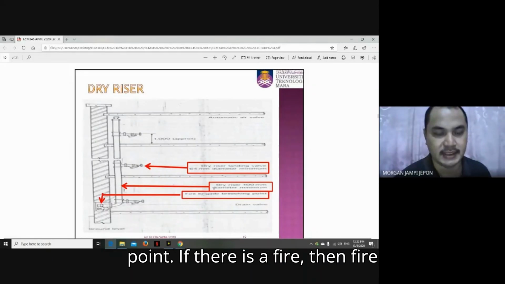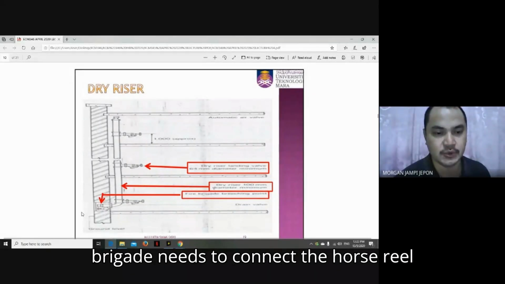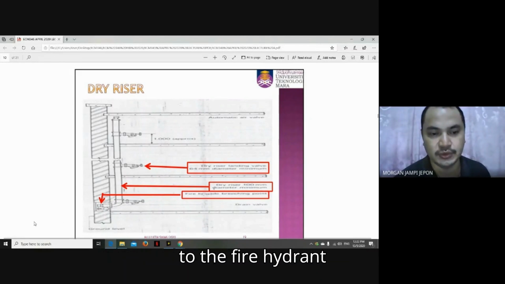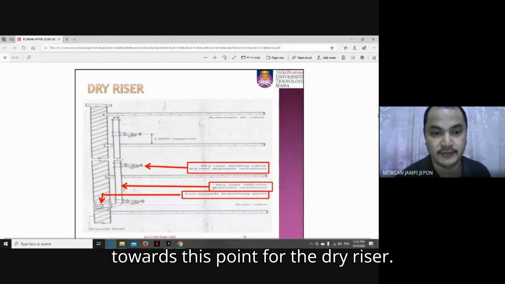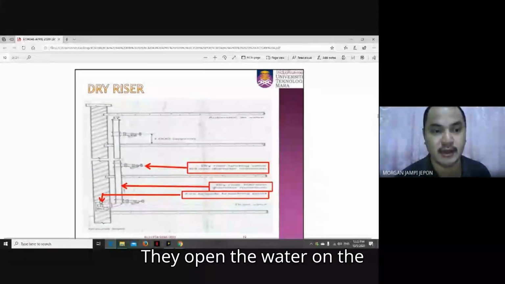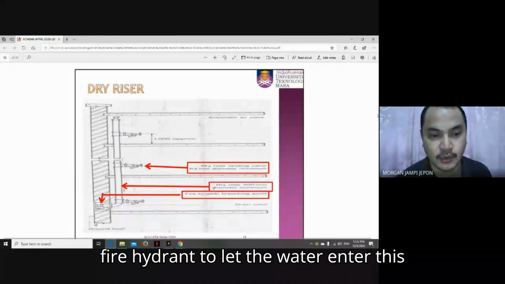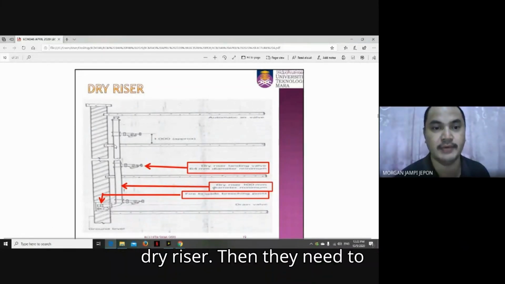If there is a fire, then the fire brigade needs to connect the hose reel to the fire hydrant towards this point for the dry riser. They open the water on the fire hydrant to let the water enter this dry riser. Then they need to connect this